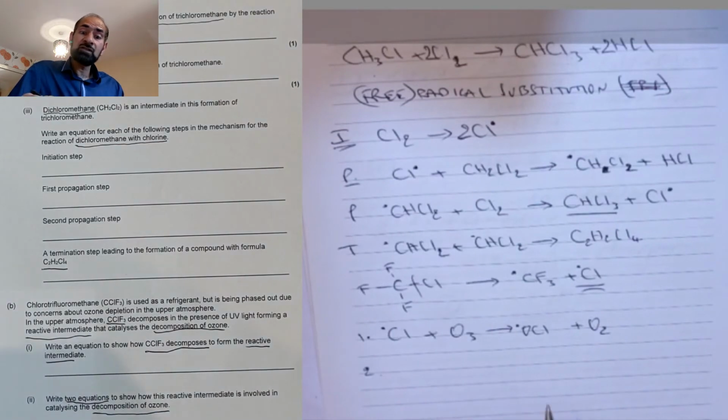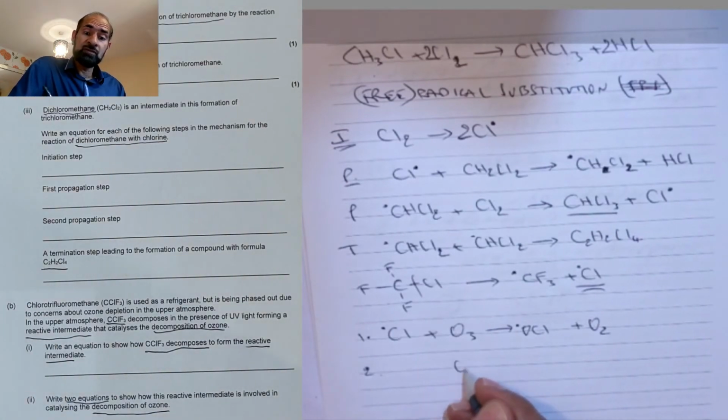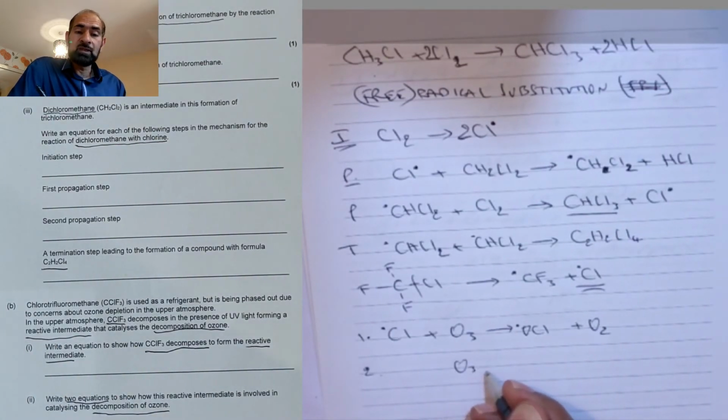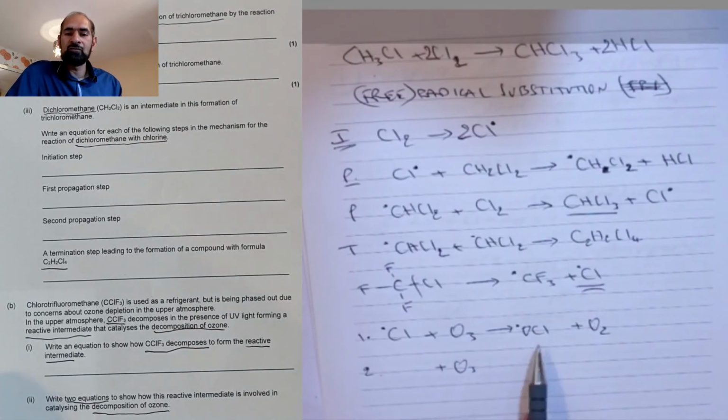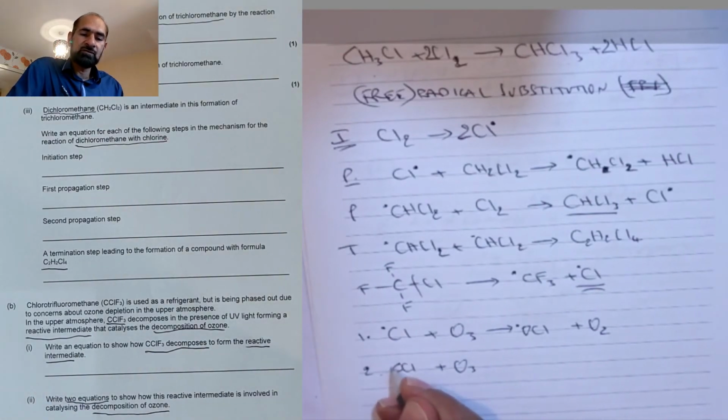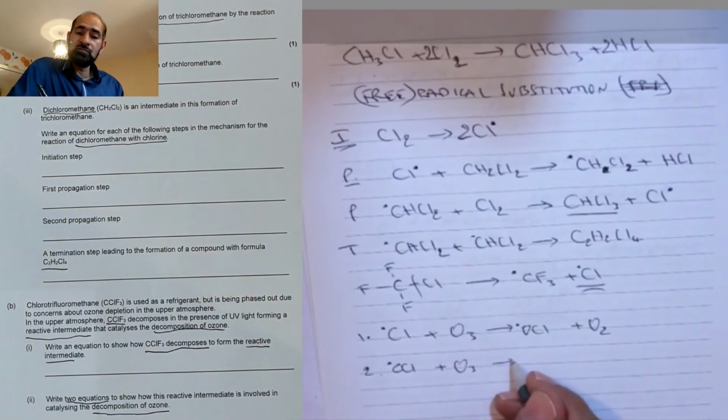Okay, and of course, remember, both reactions involve reactions with ozone. But remember, these two reactions are related, so this reaction follows that. In the first reaction, the only free radical that I get which can react is that, so it must be that free radical reacting with ozone to give you, and this is slightly